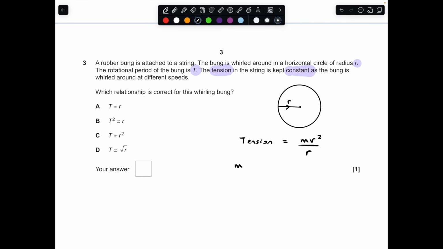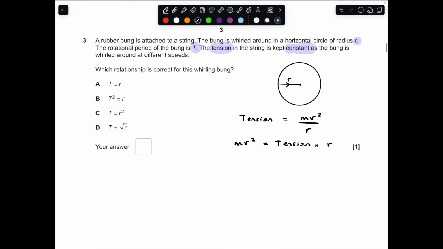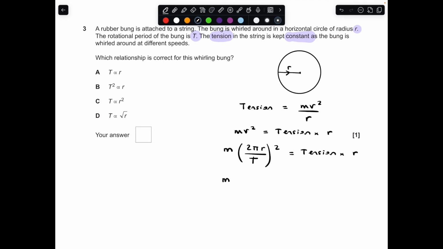Therefore, mv squared is equal to tension times the radius. We also know that v is 2 pi r over T. From there, it becomes (2 pi) squared, times r squared over T squared,